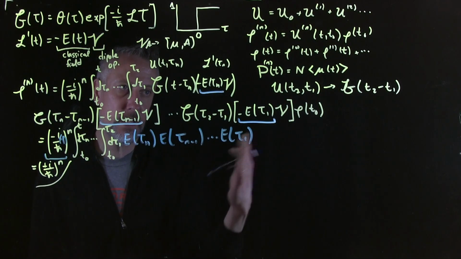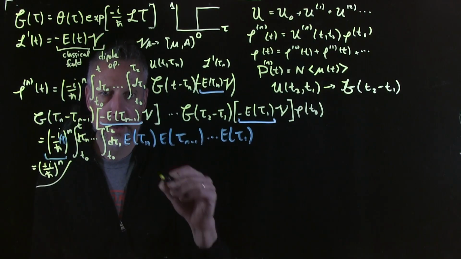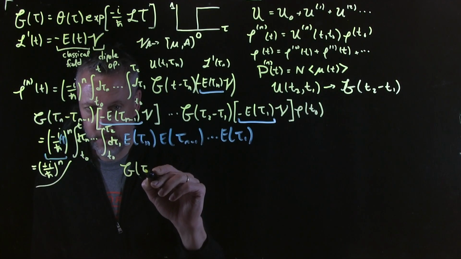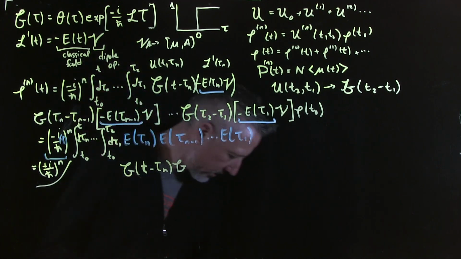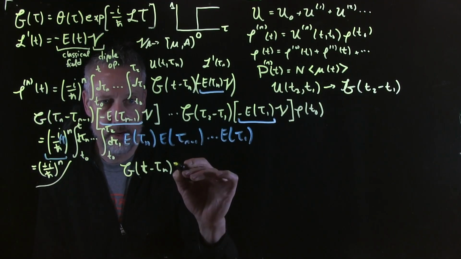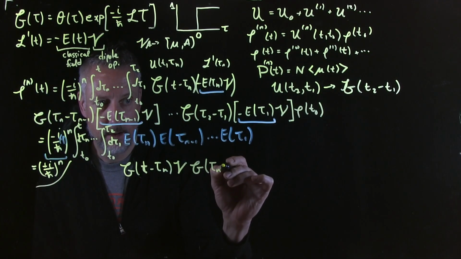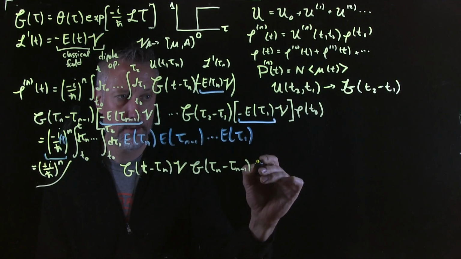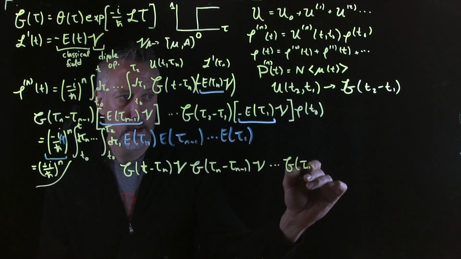What's interesting, of course, is that they separate from the operator. Then we put the operator part in. So we'll have G of t minus tau n, and I need the V's, of course. So we have V, then G of tau n minus 1, and then V, all the way down to the last one, G of tau 2 minus tau 1,